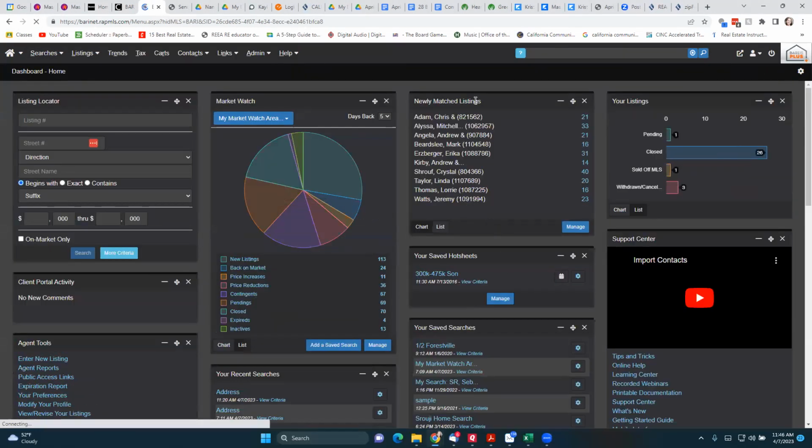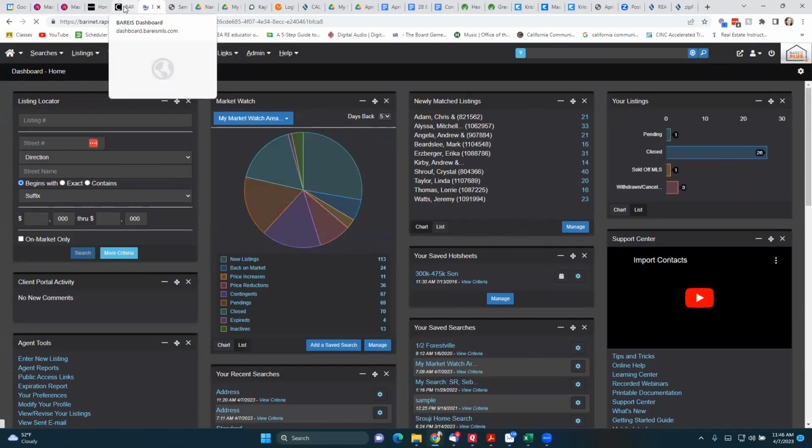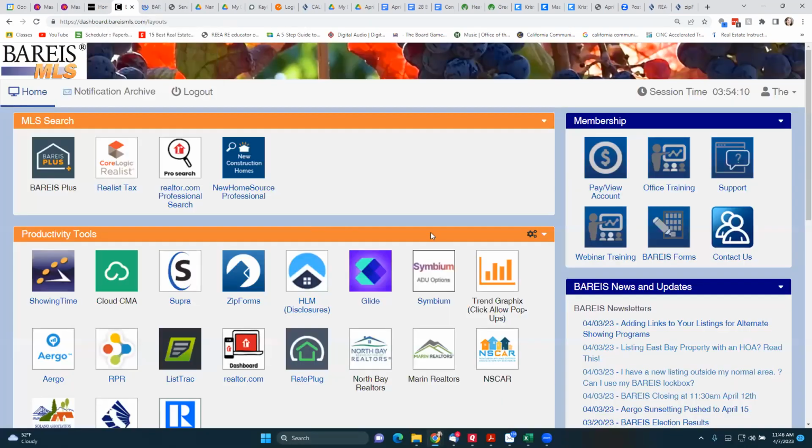There we go. Okay. In Barris, when you are on this screen, before you go into the Rapattoni Barris Plus, you can see this is where a lot of those resources that CAR and Barris provide for us.